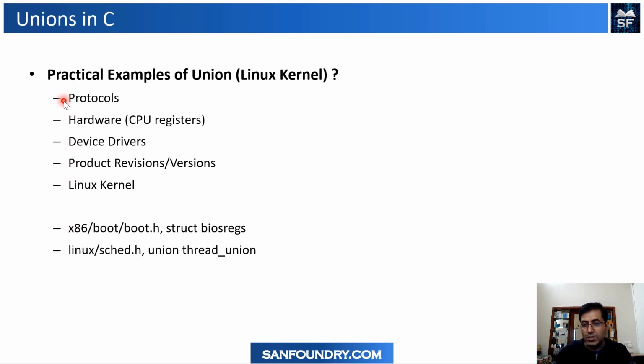When you talk about protocols, right? Think about a protocol. Since this is the programming class on Advanced C, it is not about the kernel, okay? So I am giving a somewhat abstract example. Most of us in this country know we have 3G, 4G and 5G in terms of telecom technology, okay? Now this is very abstract, okay? Generally, most mobile device handsets are backward compatible, which means if you are buying a 5G handset, generally it is supposed to be compatible with 4G and 3G and maybe 2G handsets, right?